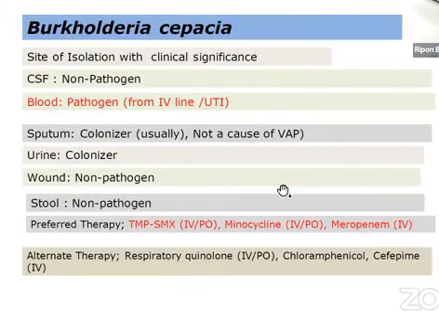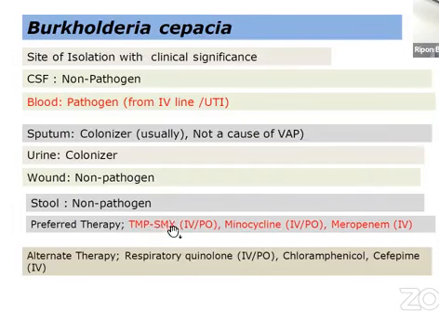Now, something about Burkholderia cepacia, the bacteria from a similar member of the family Pseudomonas. Burkholderia cepacia, mostly they are either colonizer or non-pathogenic, but sometimes they may be pathogenic. It accidentally goes to the blood from an IV line, or it may go to the blood by the renal system if the patient is suffering from a UTI. In that case, they can be pathogenic, and the preferred therapy will be